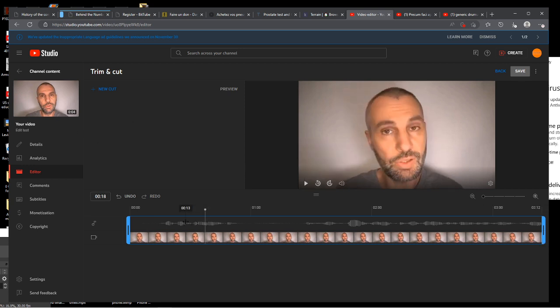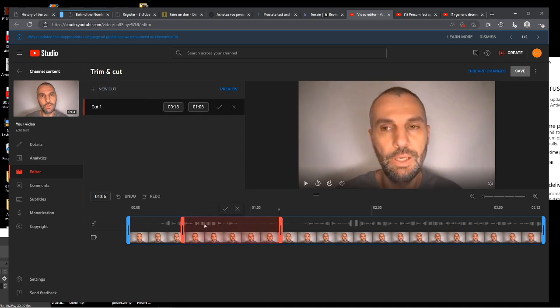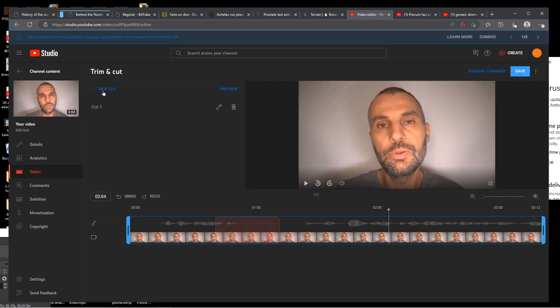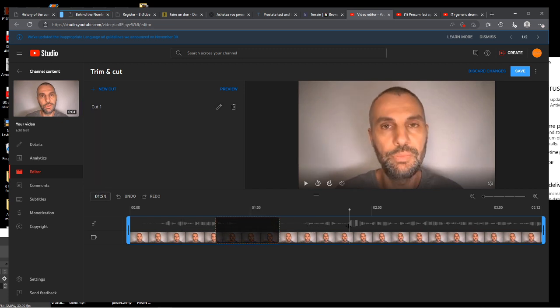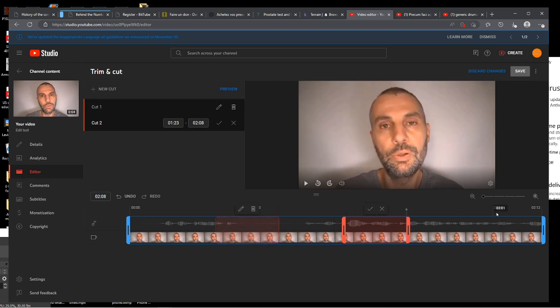So when you want to trim, go to the timeline, click on new cut, and then adjust it and listen to see how it goes. You'll see the timeline will just jump over this section. When you finish, make sure you confirm it so you can have the green button for adding another section. However, also make sure the timeline is not over the trimmed section, otherwise your button here is going to be grayed. So either in front of it or after it, then you have the green button here and you can add another section. You can add as many as you want.